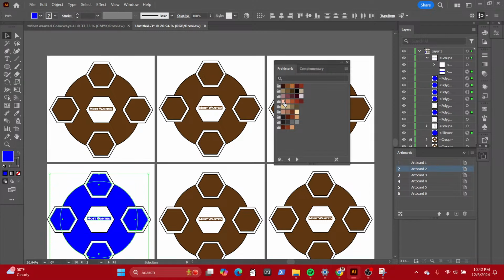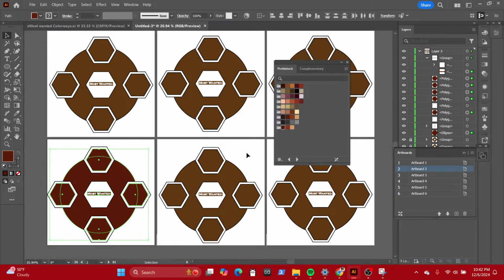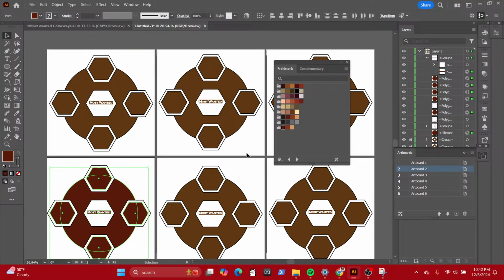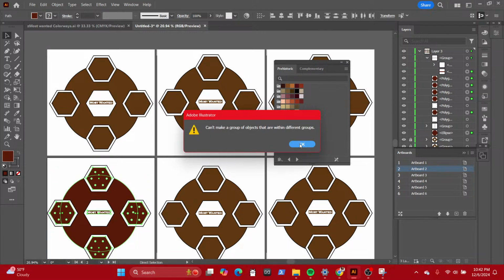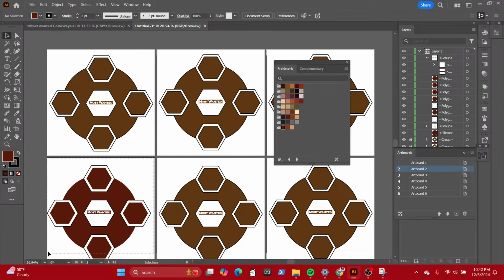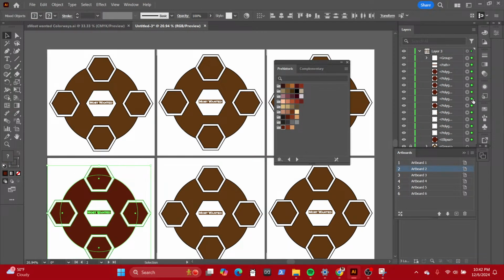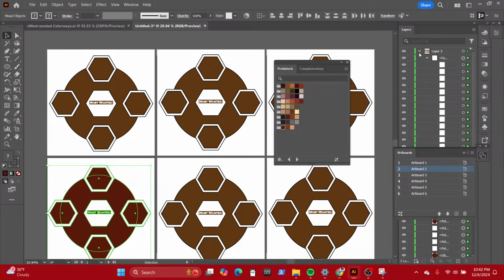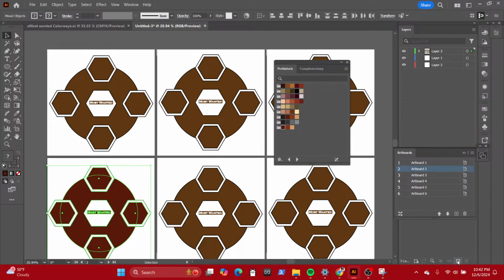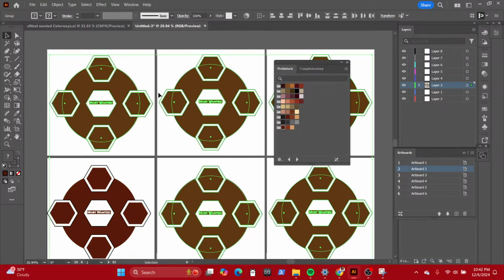And let's do more like a reddish brown, right? So what we're going to do is we're going to lock that up. Control G. Control Shift G. You know what, let's make this a little better. Let's just get everything on its own layer. That's how I'm used to doing it. So apologies, y'all. Should have just kept it up from there, but I tried to be a little bit fancy.